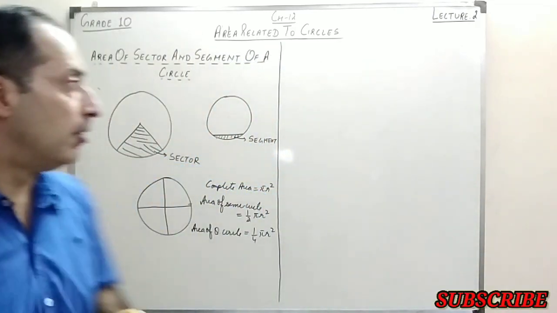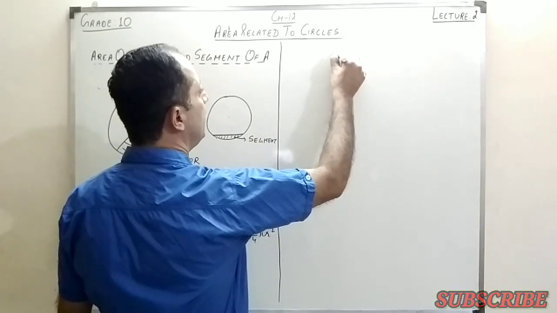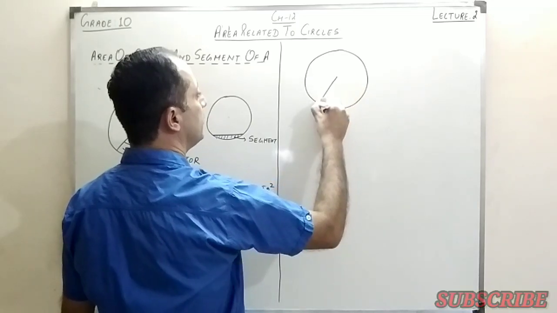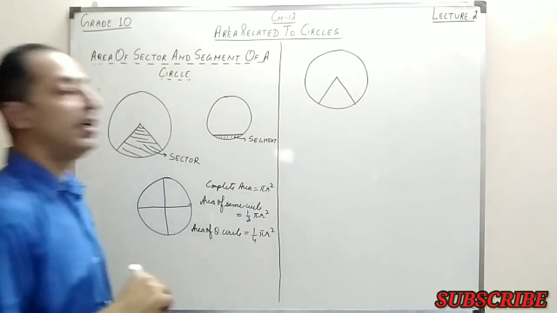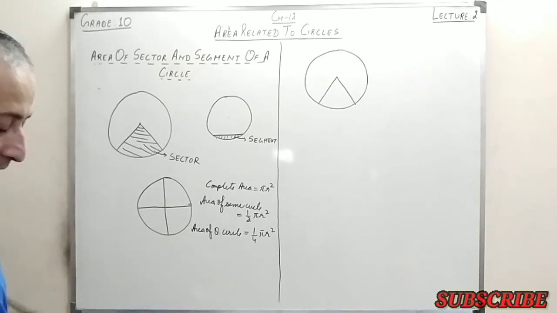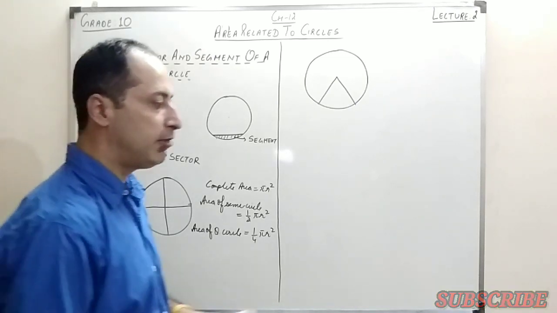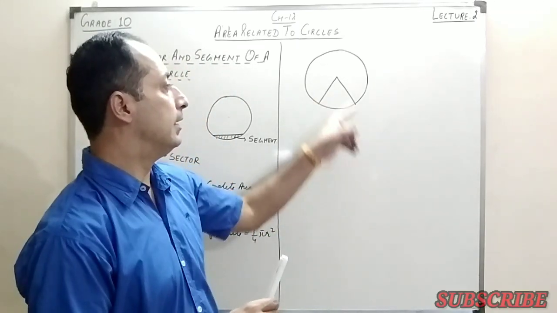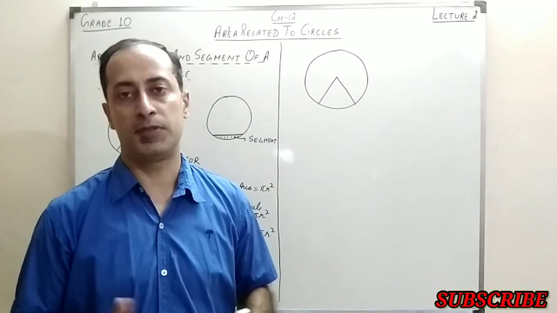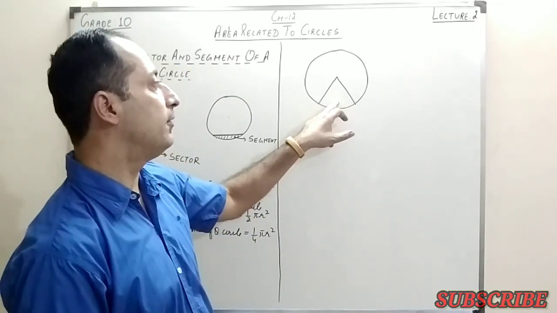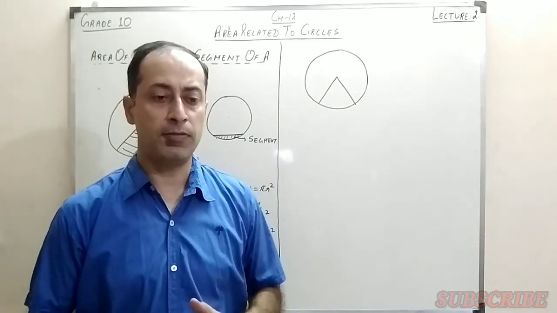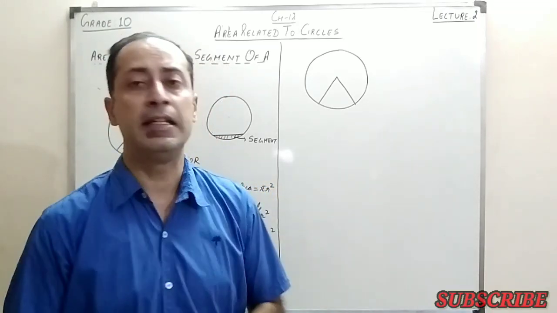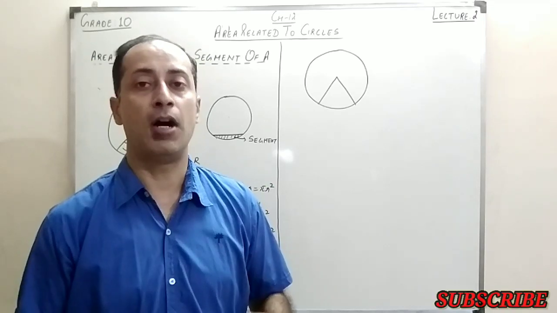But if I don't know how many equal parts it forms, then how can I find the area? Suppose I just make this much. Now if I have to find the area of this, how can I find it, right? If you go back to your small classes, you learned about fractions. What fractional part of the complete circle does this form? First of all, we have to find how much fractional part of the complete area this sector has. Now again the question, how can we do it?